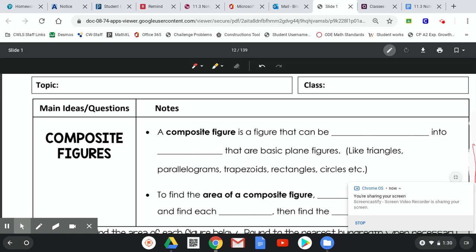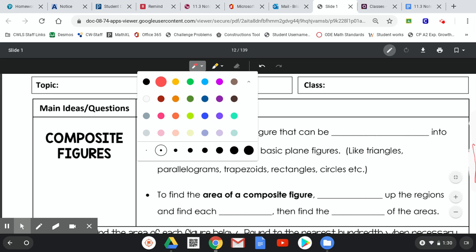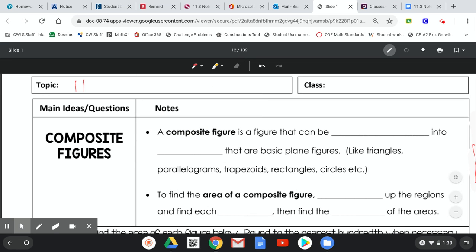Okay. So this section is going to be 11.3. So for CP, you guys will only have to do this section. Honors, you guys have 11.3 and 11.4. Okay. So this is composite figures. So basically, a composite figure is just a figure that can be separated